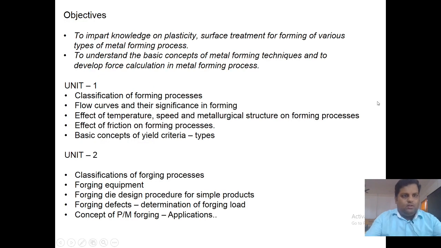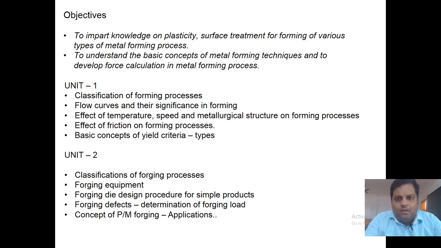Now, the objective of this subject is to know the surface treatment for forming of various types of metals that is used for engineering applications, and the plasticity effect of metals which are to be used for reshaping for engineering applications. We will know how the material is to be deformed into the required shape for engineering applications. We will know by studying this subject, and the basic concept